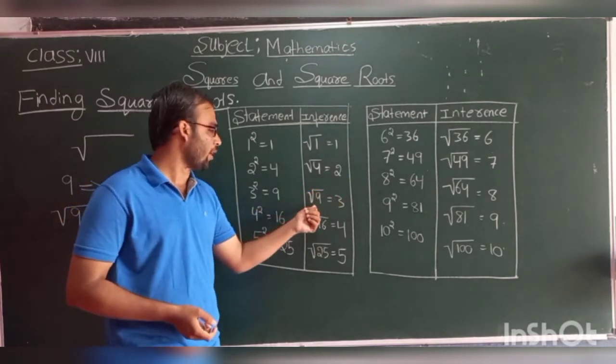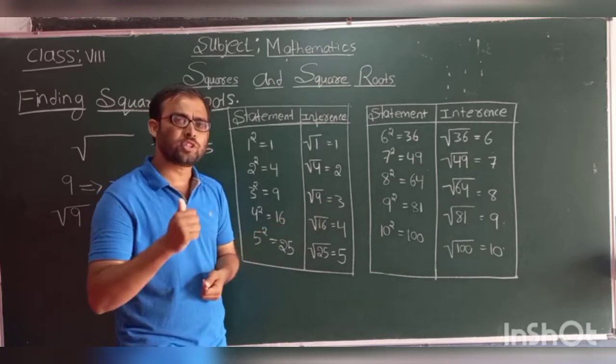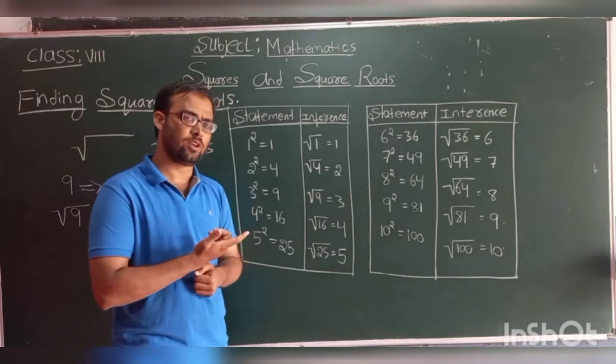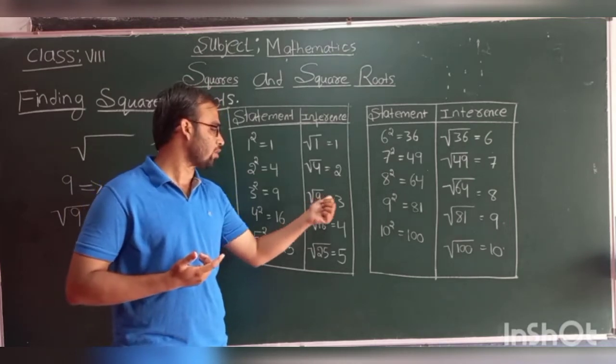Now come to 9. What is the square root of 9? Look here. By multiplying which number two times are we getting 9? 3, no? By multiplying 3 two times we are getting 9. That is nothing but the square root of 9 is